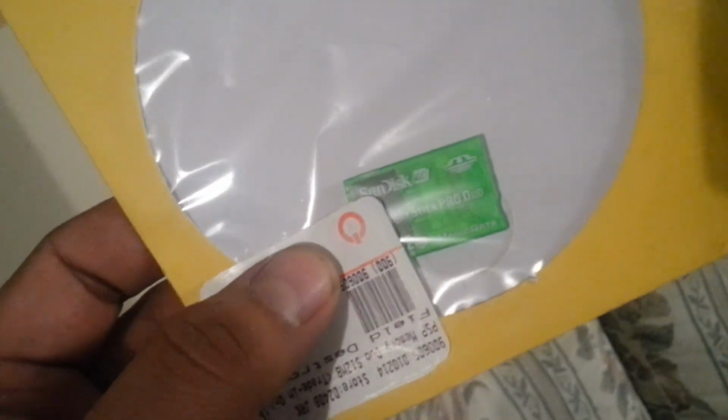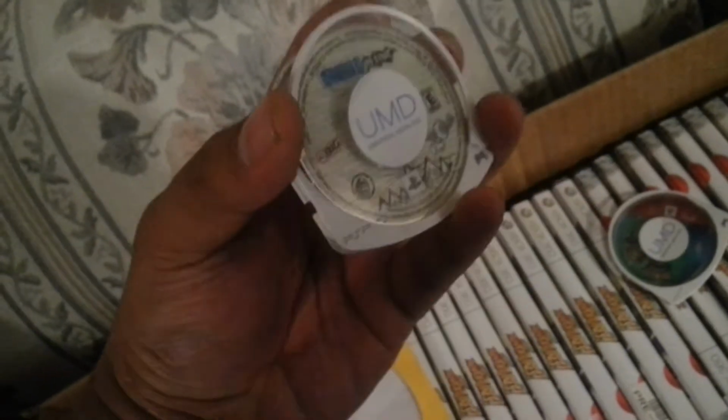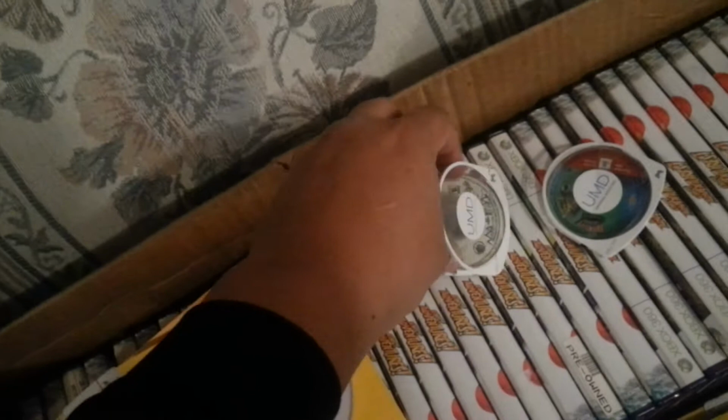Scan disc, their stick, Pro memory stick. Perfectly fine. 2 PSP games. The funny thing is, they broke the housing for it. You can see right there. But the disc inside,